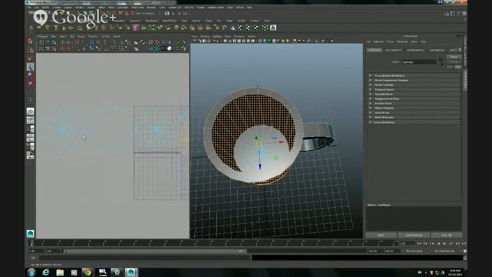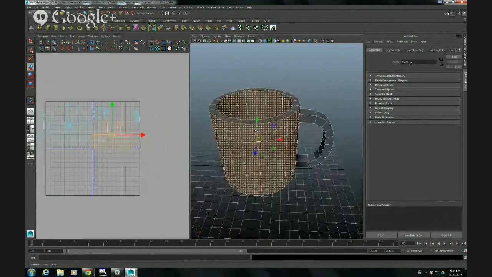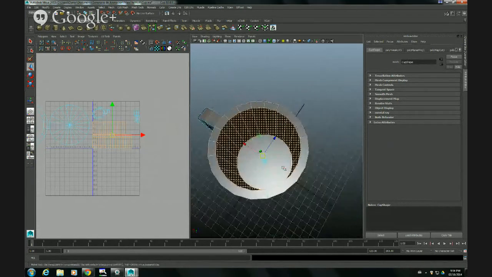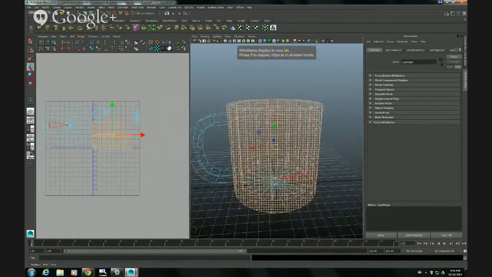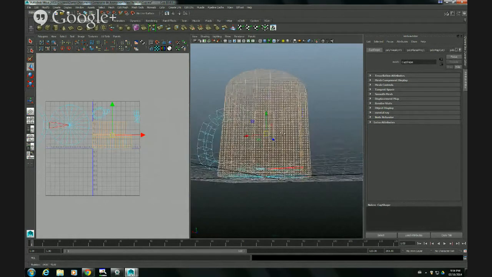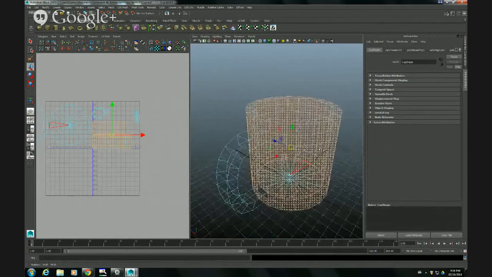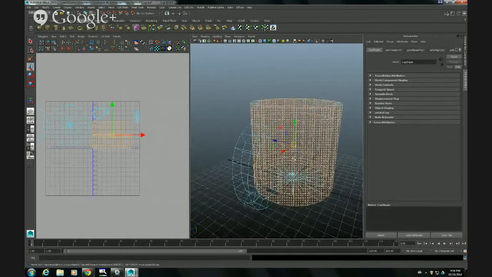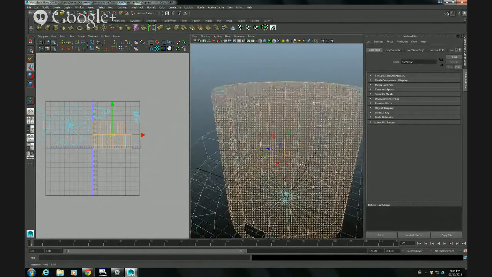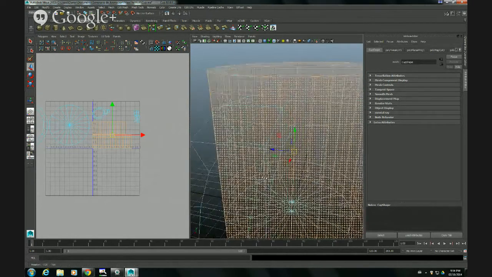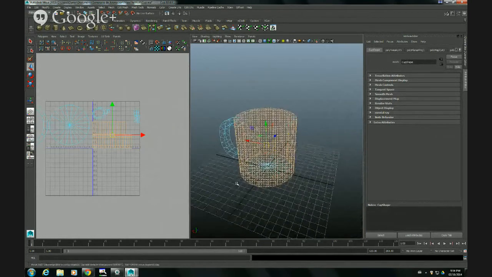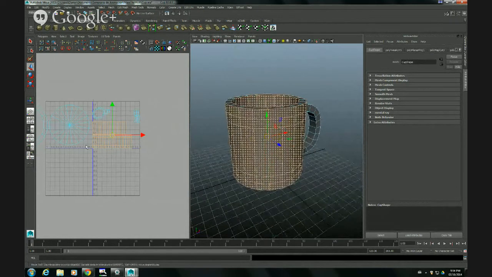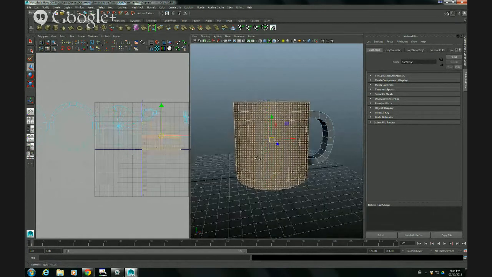So these are my three circles. And now the only thing I have selected are the outer and the inner cylinder. If I press 4, you can see it here, okay? The only things selected are the cylinder, or the container of the cup. All right. Okay, so I'm going to take a snapshot, just like I did with the circles, but this time, instead of